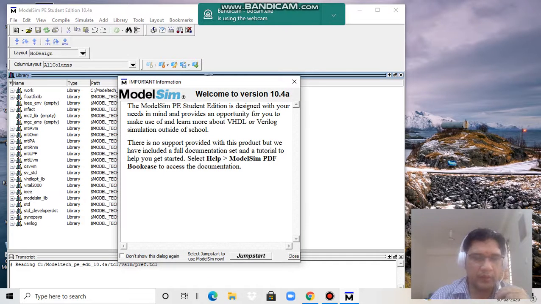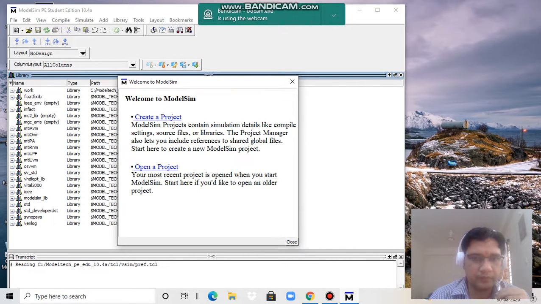So it is the first window that appears when we open the software ModelSim. Directly we have to click Jump Start. After selecting Jump Start, it will first show two options. One is create a project, second is open a project. If some project is already created, you can click open a project.